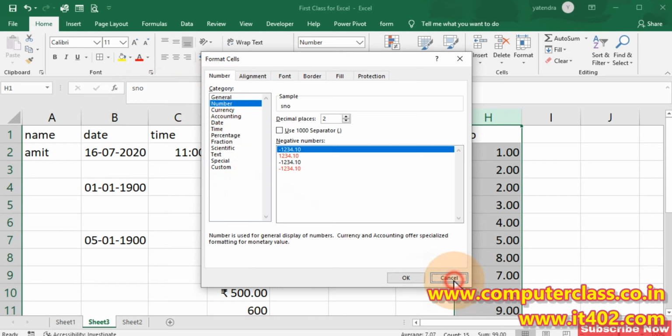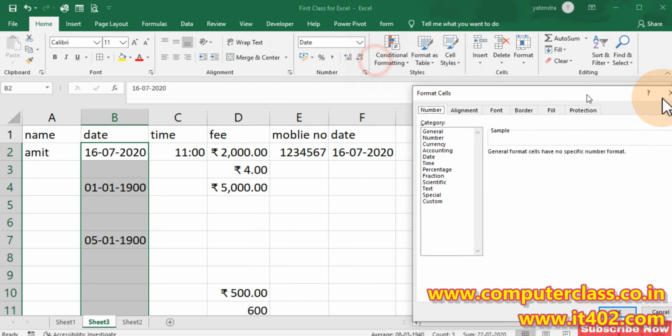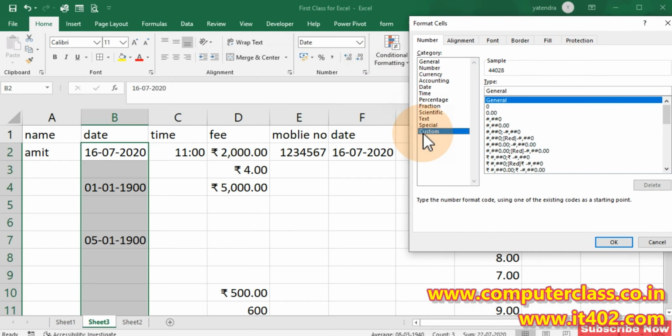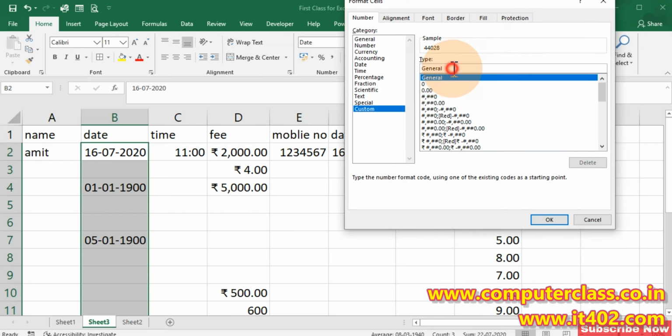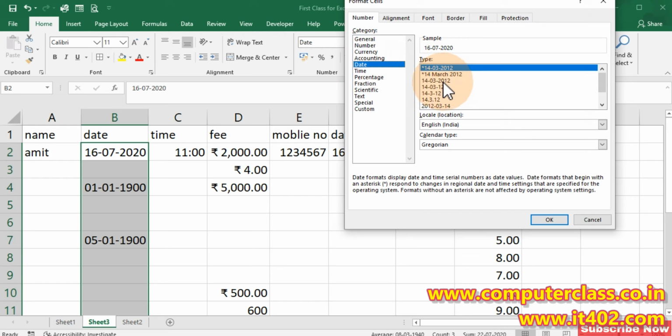Suppose this is the column for dates and you want to change the formatting of the dates. How can you do that? Just select the particular area, click on this, click on Custom, and here select the type and write whatever format you want, or you can click on Date if you want a predefined format.